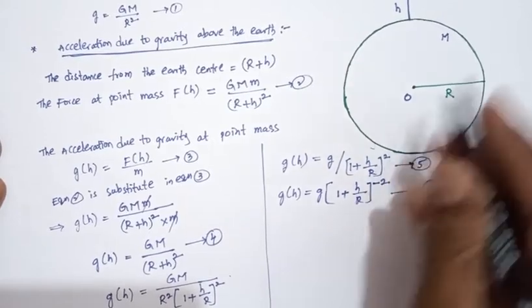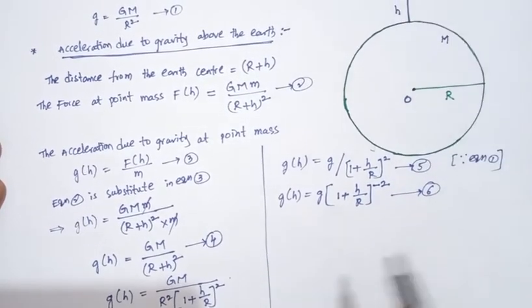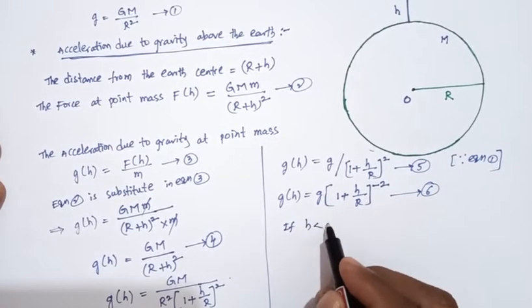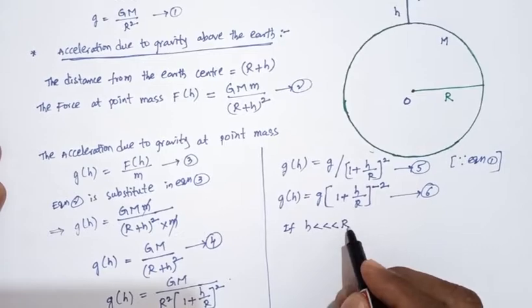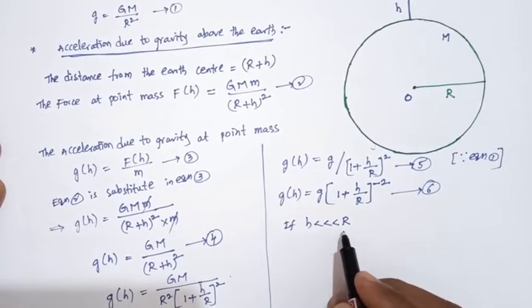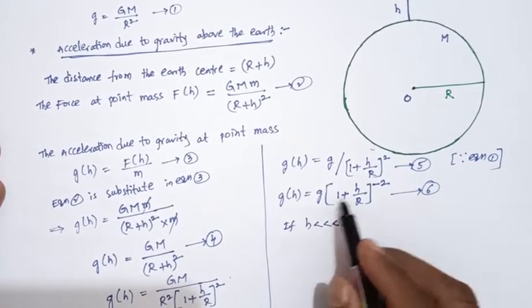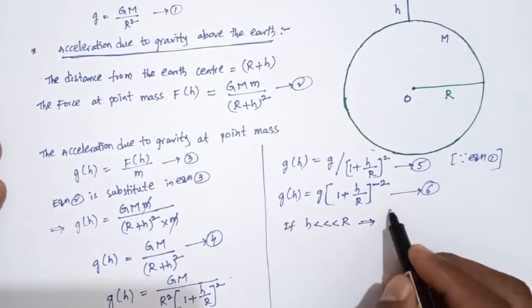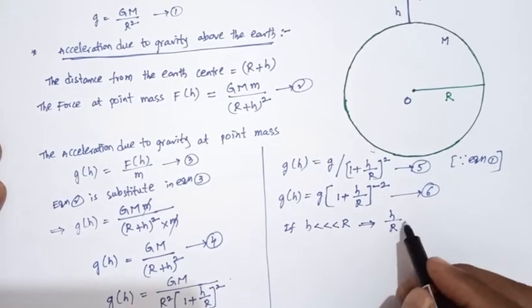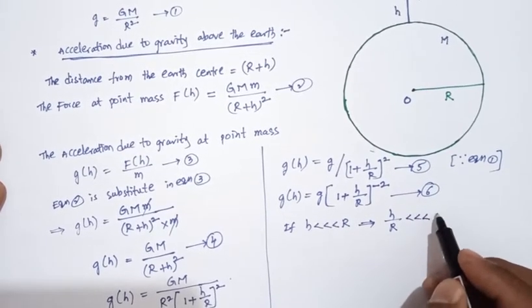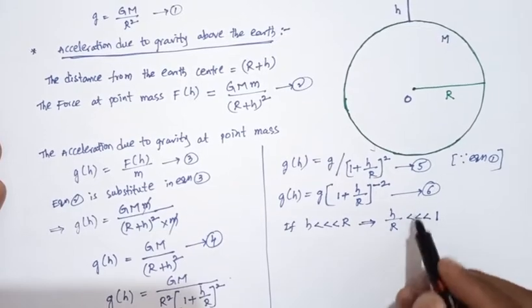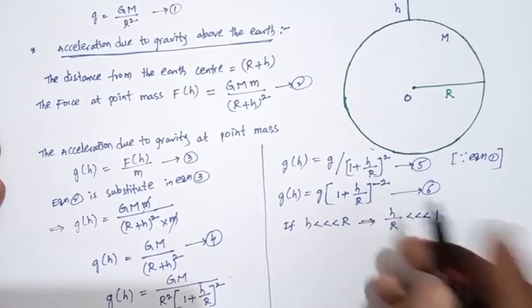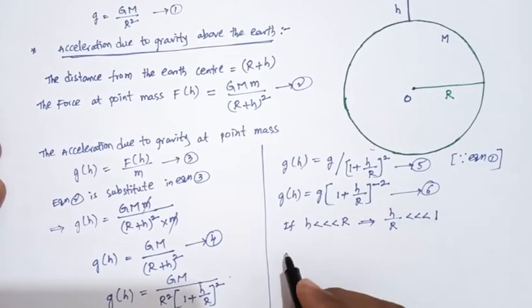So here h is a very small height, so we can take h much less than r. The height is much less than the radius of the earth, so h by r is much less than 1. So the h by r value is very small. When it is very small, then from